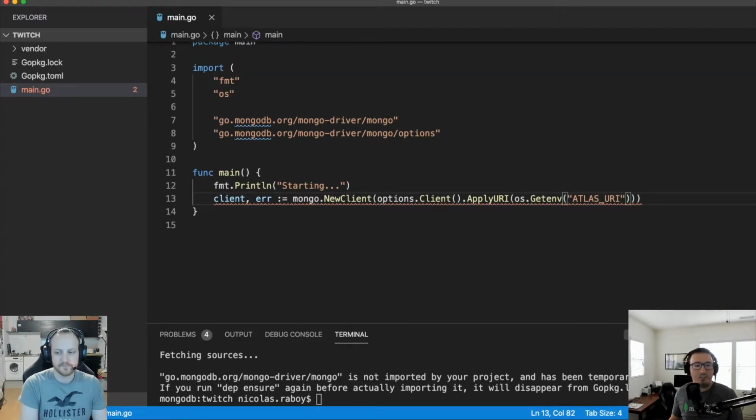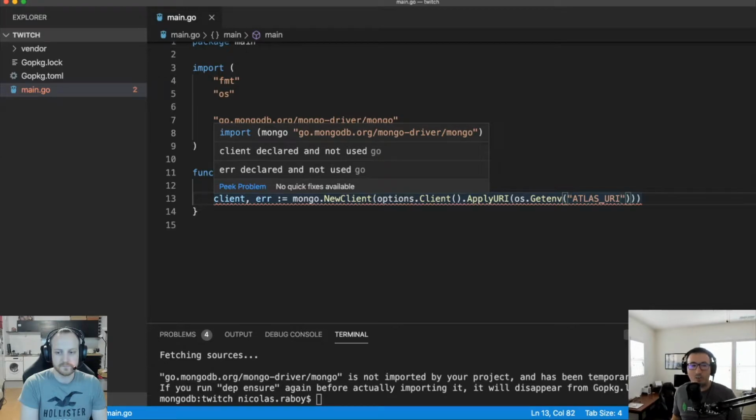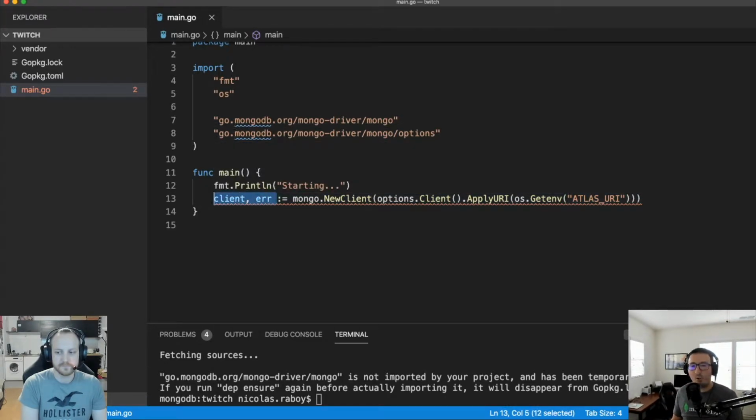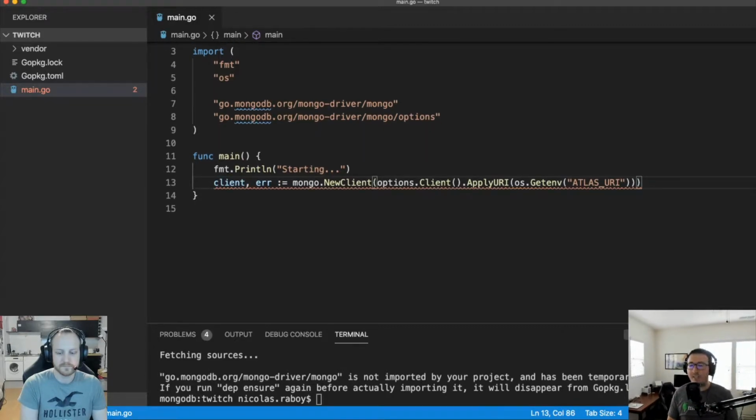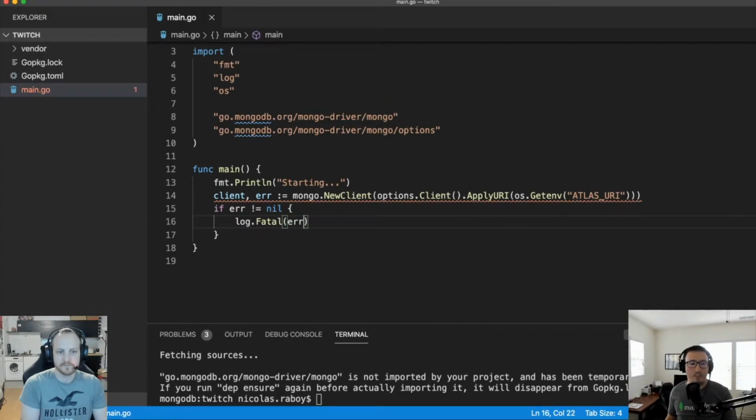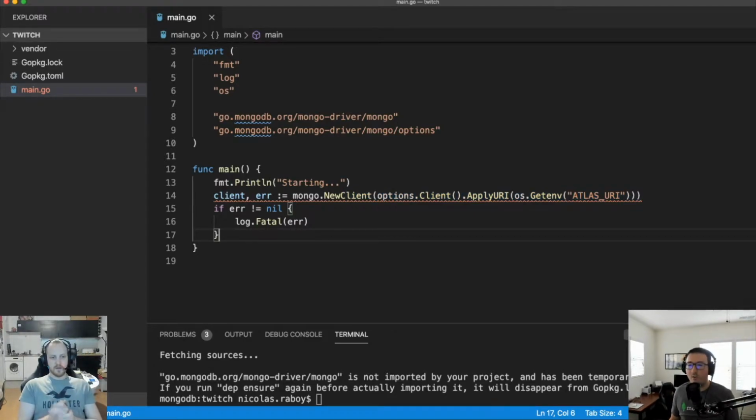And it's throwing an error right now because we're actually not using the client or the error variables right now. But we will, and that error will go away. So we'll start by catching maybe that error. So we're going to say if error not equal to nil, and maybe log.Fatal error. Now, if there is no error with the actual creation of our URI string, now we can actually try to